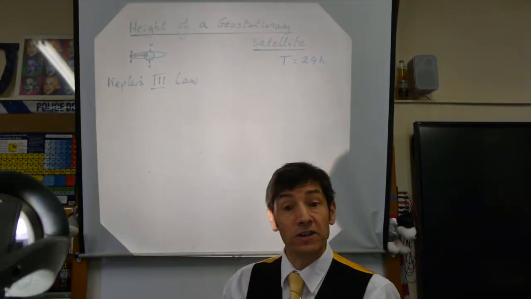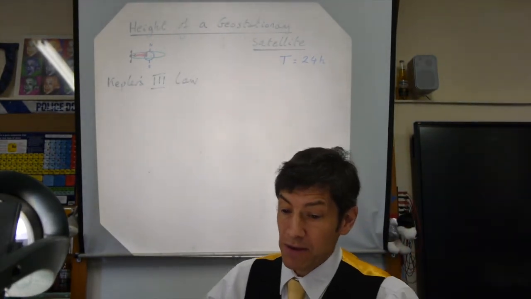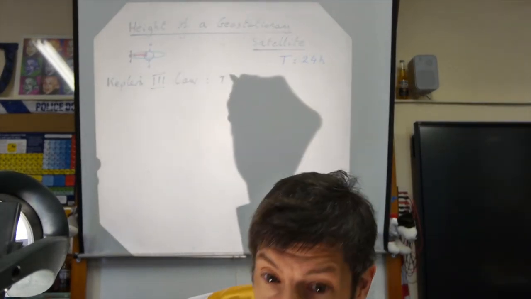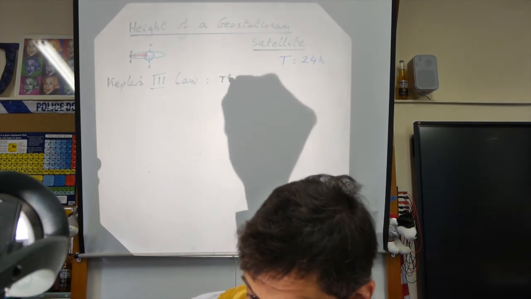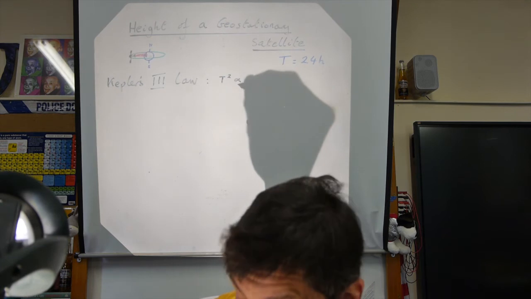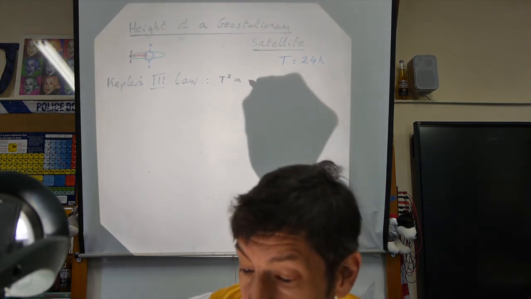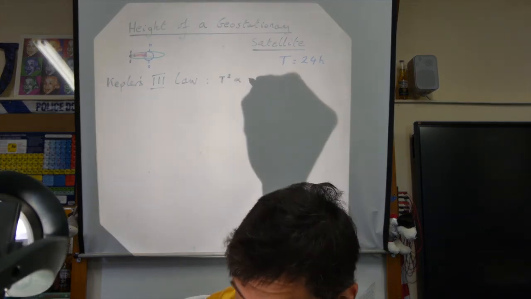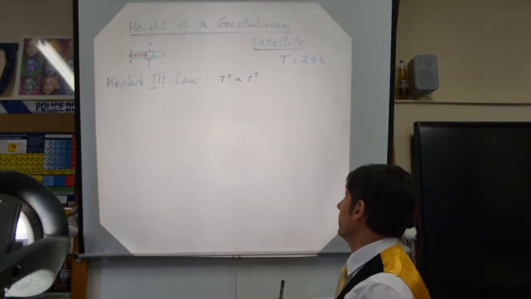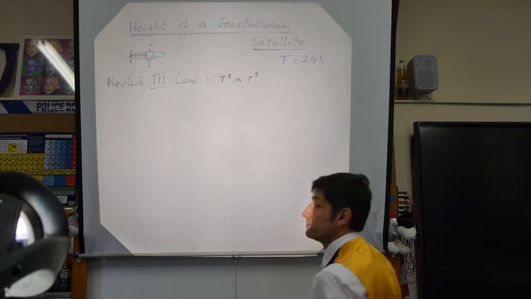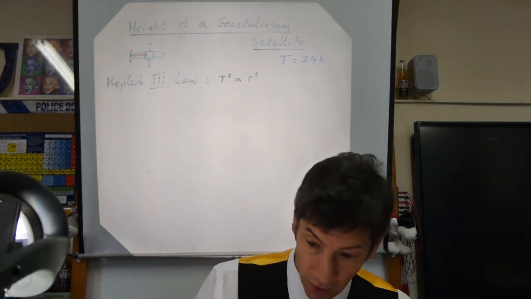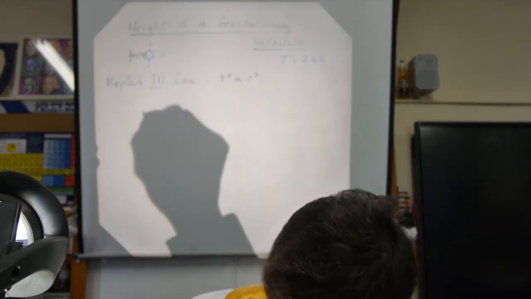Okay, so you should know these laws off by heart, but it was a mathematical relationship that the time period of an orbiting object is proportional to, well, the time period squared of an object going around the Earth is proportional to the distance from the centre of the thing it's orbiting cubed. Okay, so let's state that in a more full way. So T squared